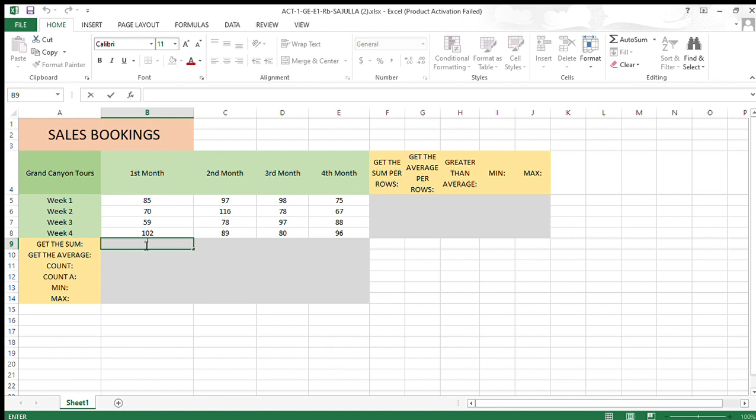To do that, we type in equals sum, open parenthesis, B5, colon, B8. And then close parenthesis, hit enter. It will automatically add the 4 cells, which is this one,